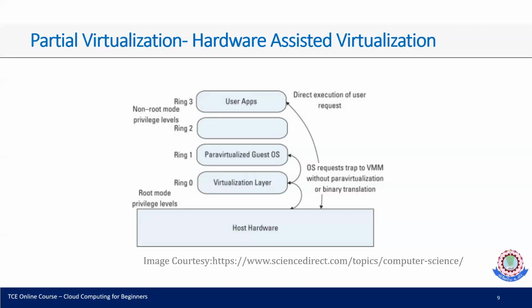Here the levels are divided into 2 varieties. Above host hardware, there will be a non-root privileged mode. Below ring 0, it is the root mode privileged level. So the kernel is divided into these 2 types of mode. One is the non-root mode level, which is called OP. The next one is the root mode privileged level, which is called OD. These privileged levels come only when you switch to hardware assisted virtualization, or when you need to bring hardware assisted levels into the picture.